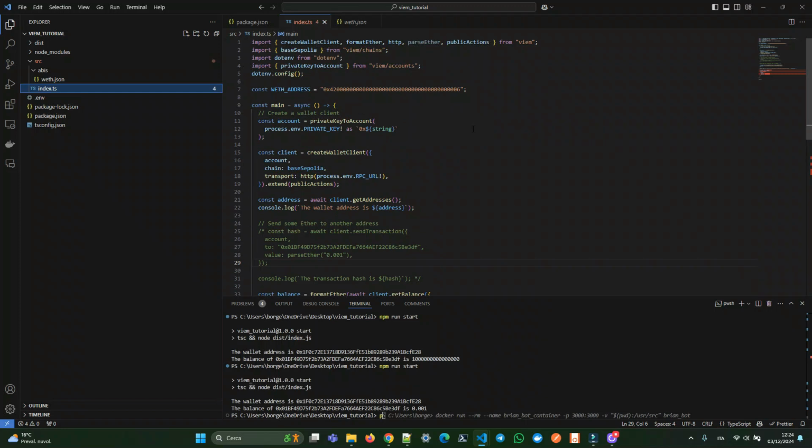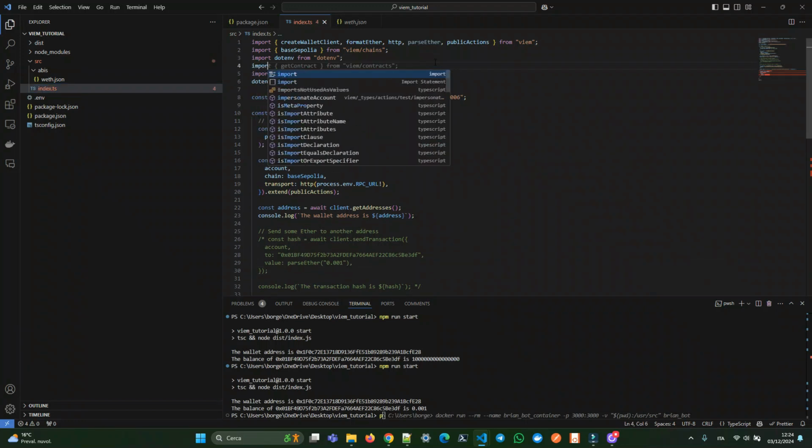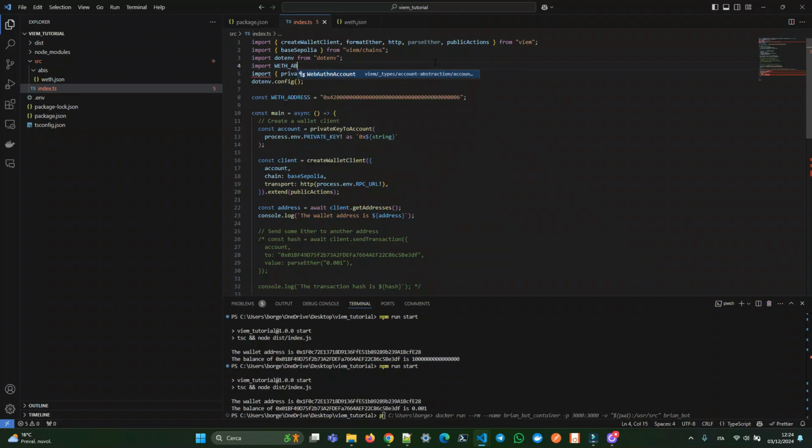Cannot find the WETH ABI. We should write now here: import wethABI from ./abi/weth.json, okay, with no type JSON. Okay,